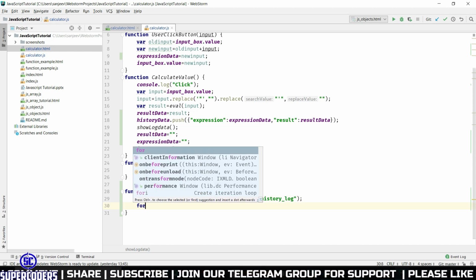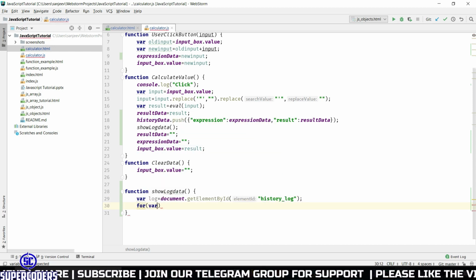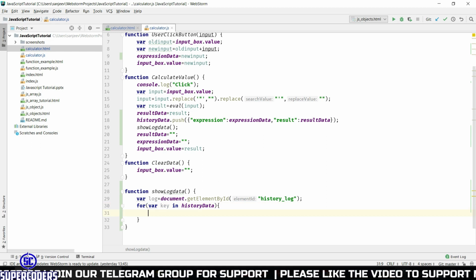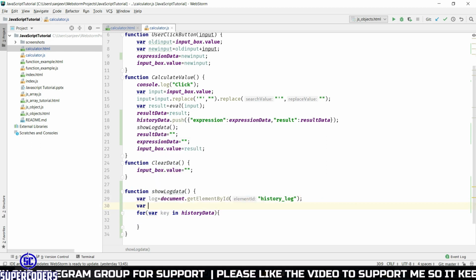So for var key in history data, creating a string.